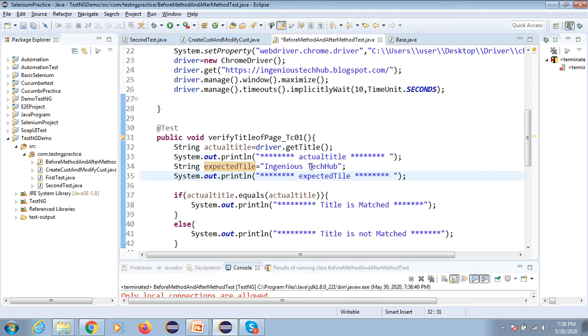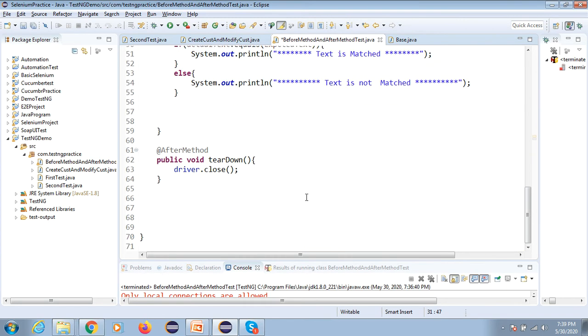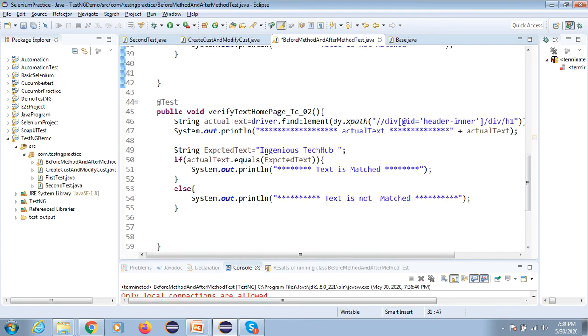Okay, I need to print what title will come, because I don't know what the title will be. So I'm going to give this, and this is the text. One second, I want to print this also. Okay, so now this is our text, and this one.